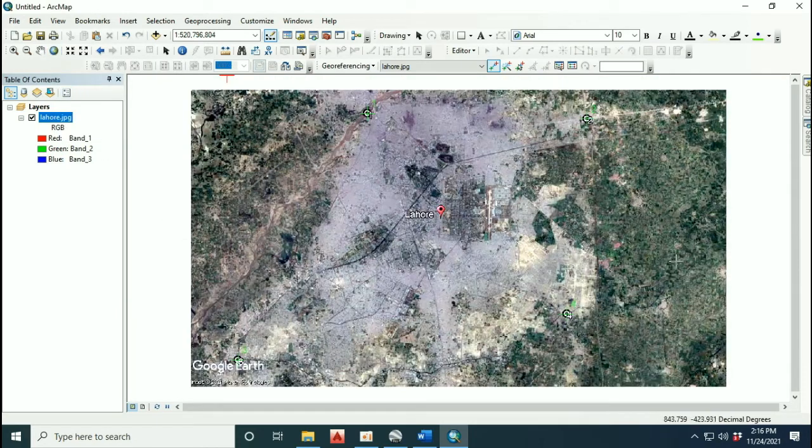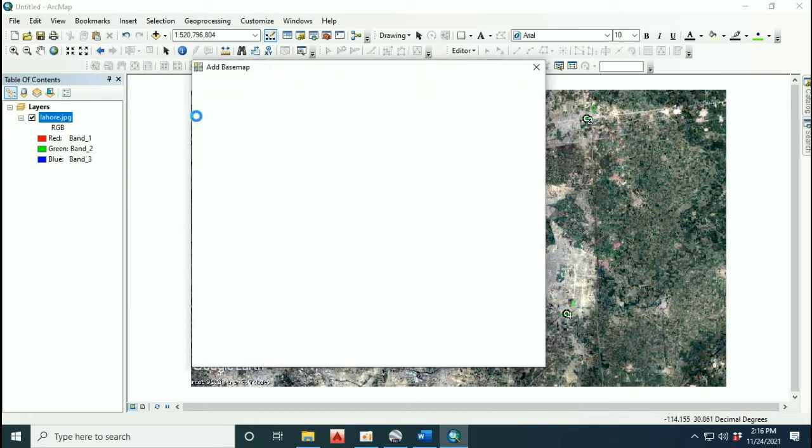Now all the 4 points have been added. So now click on add data and add base map.